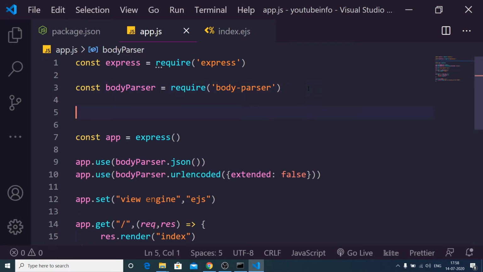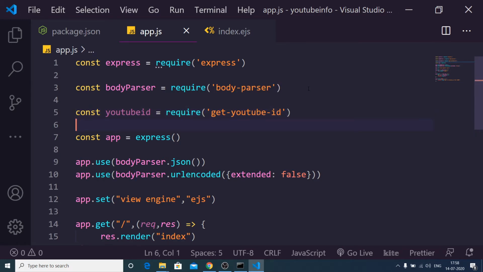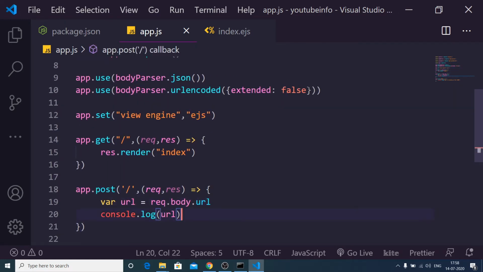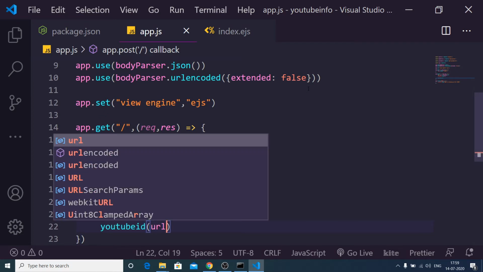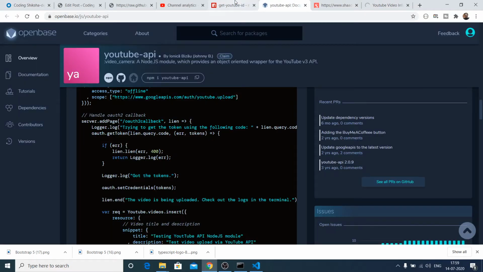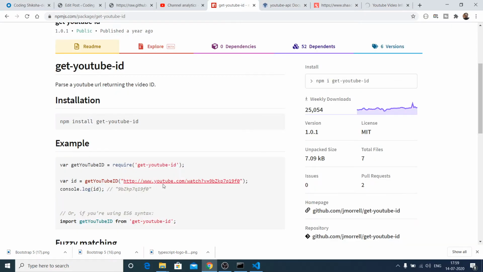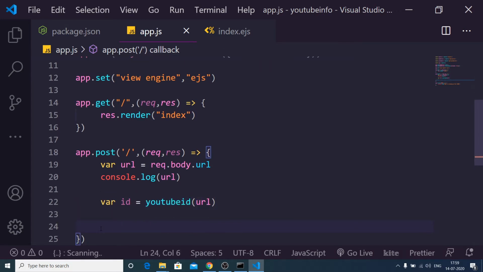So we can bring in our dependency, which was the YouTube ID dependency, getYouTubeID. We can call this function here like this. After getting the URL we can get the YouTube ID, passing the URL. If you look at the documentation about this plugin, you will find that you need to give it a URL, and here I can declare a variable and store the YouTube ID inside a new variable. So if I console log it,